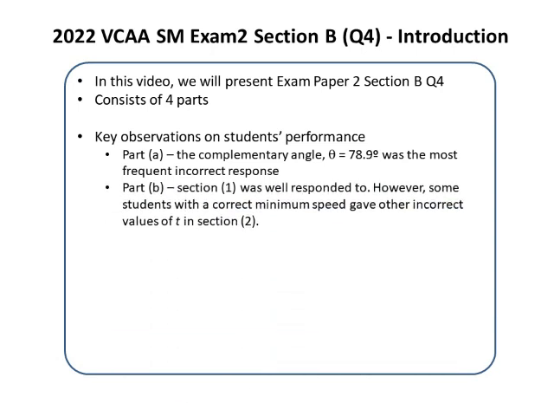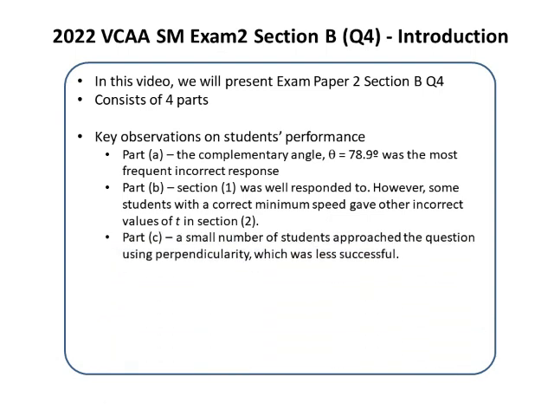Part B, section 1 was well responded to, including by some students who did not find the velocity correctly in part A. However, some students with the correct minimum speed gave other incorrect values of t in section 2. As for part C, apart from the usual approach, a small number of students approached the question using perpendicularity, which